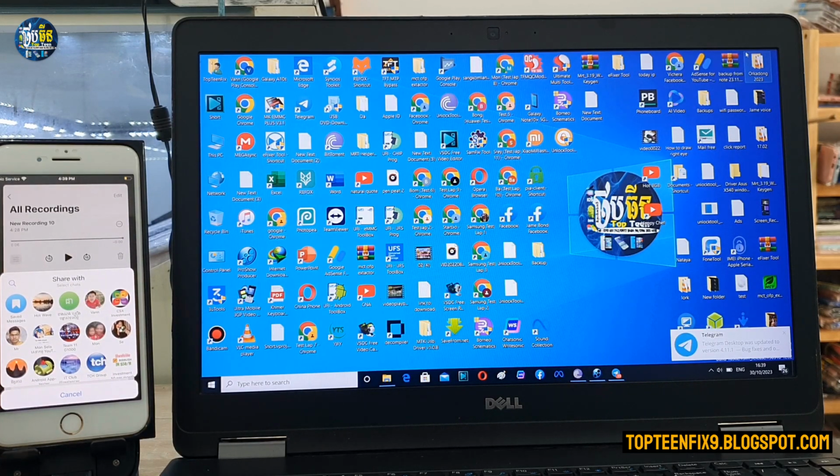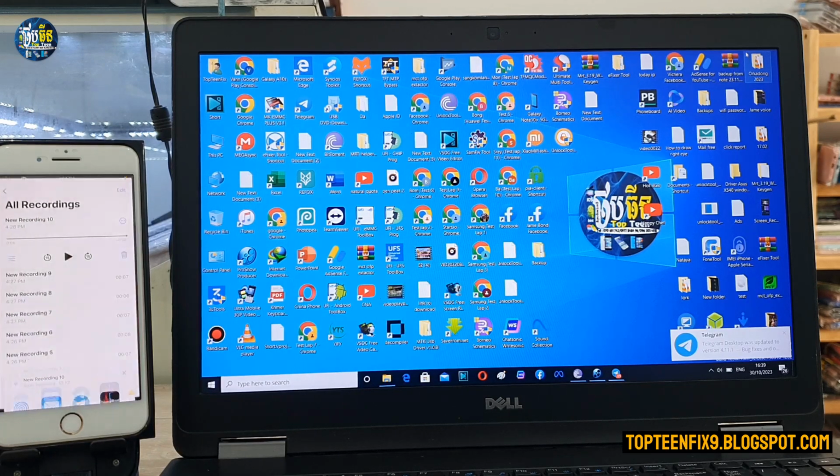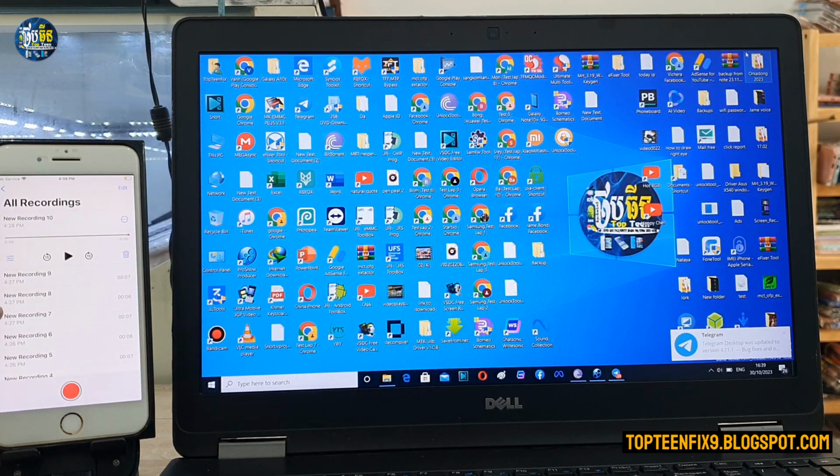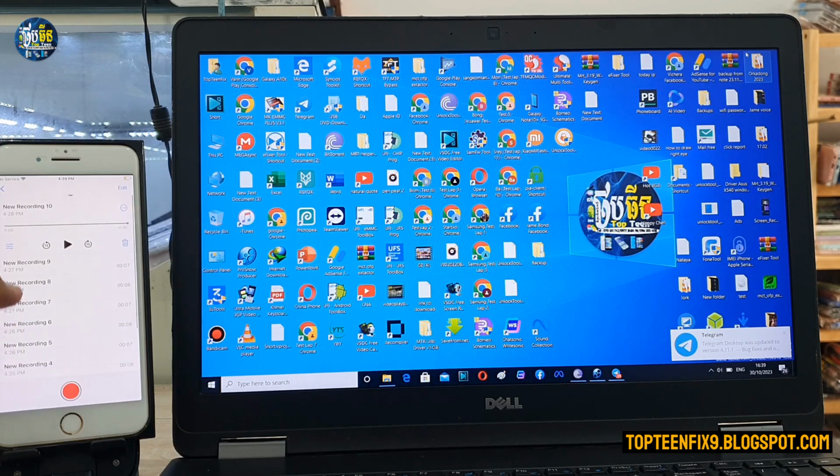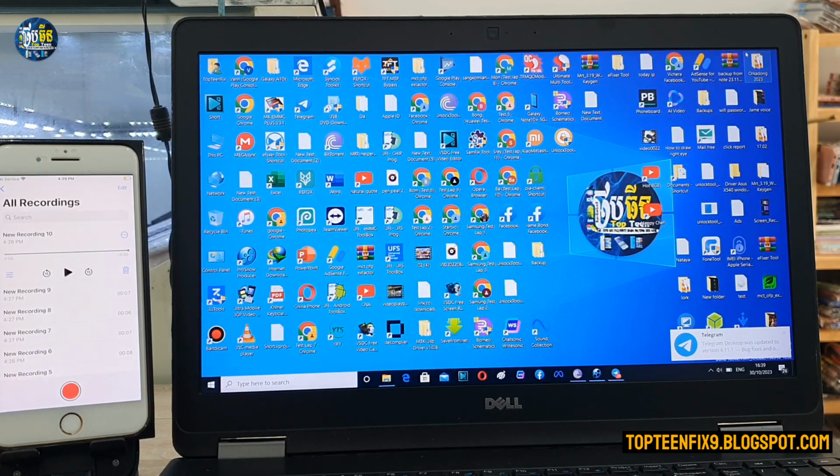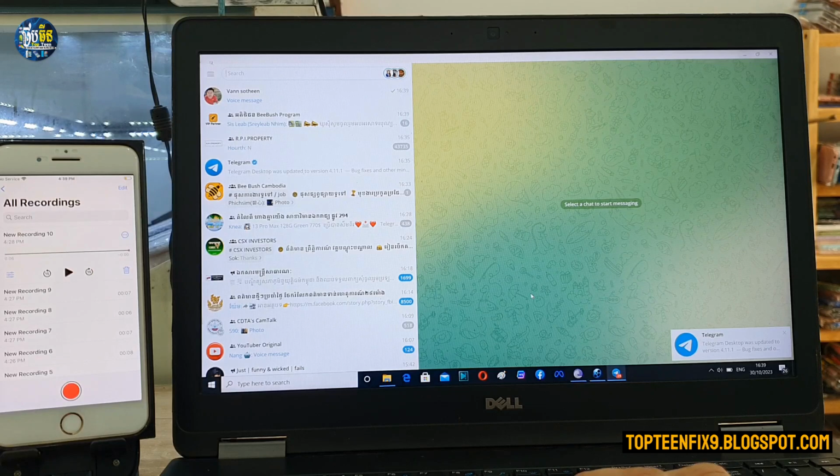want to send to. For example, I send to Mr. 1 right here. Click on it and select send. So that's it. If you want to get the other files around here, you can do the same as the following. Okay, and then you can see your Telegram on the computer right here, and then you have to